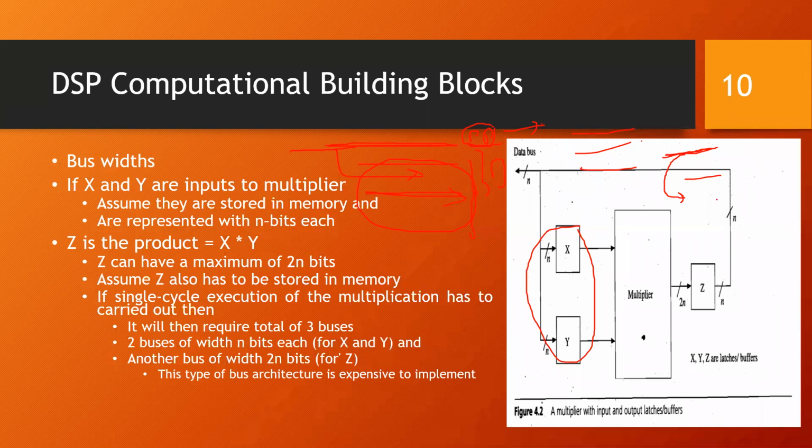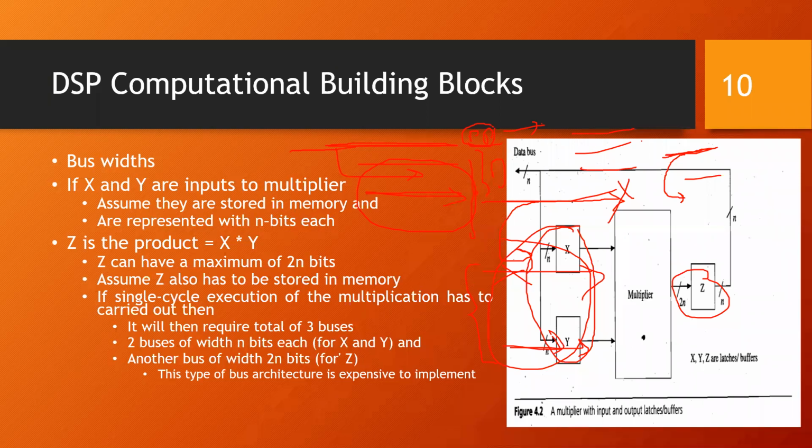So this is one alternative. But what about storing the result? This is with respect to fetching. I can fetch by using two different data buses and one program bus specifically for the instruction. But if I want to reduce the cost, then I don't use another data bus. I use the program bus, fetch the instruction, and this becomes idle. Then after that, I fetch the operands. Once I fetch the operands, again, these buses are free.